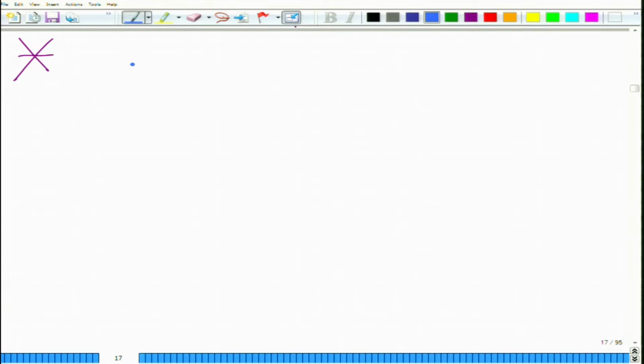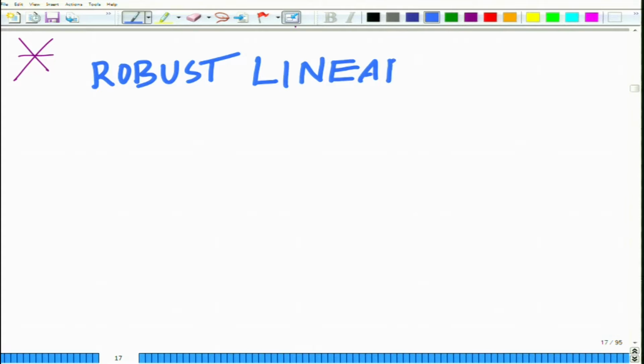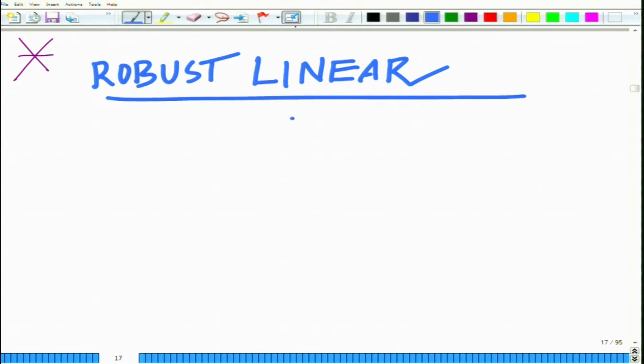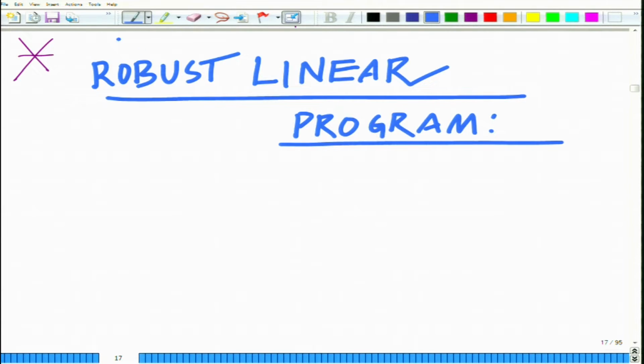And in this module let us start looking at a variation or an extension of it, known as the robust linear program. What we want to look at in this module is another interesting extension of a linear program, which is also very useful practically, that is the robust linear program. And a linear program, if you remember, can be formulated as follows, that is, we want to minimize